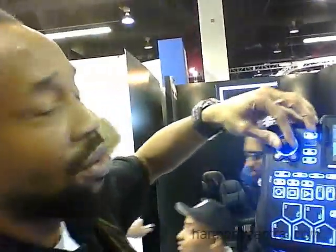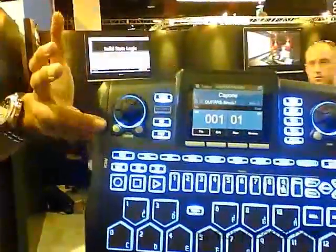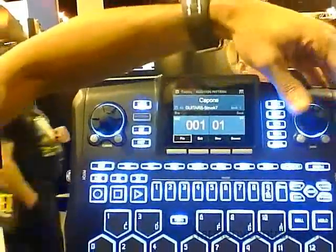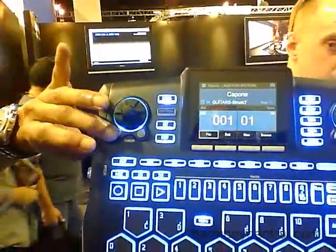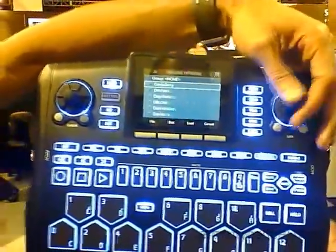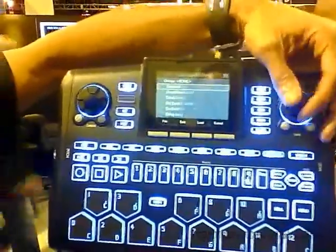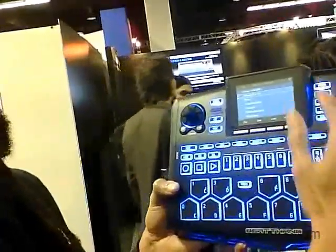You got this big, generous cursor dial, gets you all around. Navigation, you can use a dial or you can use the buttons. You also got this data dial, so anytime you want to move around, anytime you want to do something, you just move there and you turn your data dial, and you'll either get into browser mode or you'll change the volume or the value. Very easy to get around. Very easy navigation. There's your transport, there's your functions all together, and there's your effects section. Simple as that. Beat Thang makes it easy,